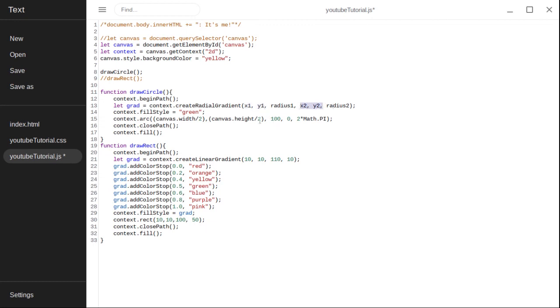For now, I'm going to keep it simple, and I'm going to keep the x1 and y1 and the x2 and the y2 the center of the circle, which is here. This is the x and the y coordinate of the circle. That makes it the center of the circle. So I'm going to replace x1, y1 with that, and I'm going to replace x2, y2 with that. Now they both have the same x and y coordinate. I'm going to change the radius, however. The smaller inner circle, I'm going to make it half of the radius, which is 100, so half of that is 50. Radius 2 is going to be the bigger outer circle, so it just is the radius of the circle. So now I have a radial gradient that starts halfway